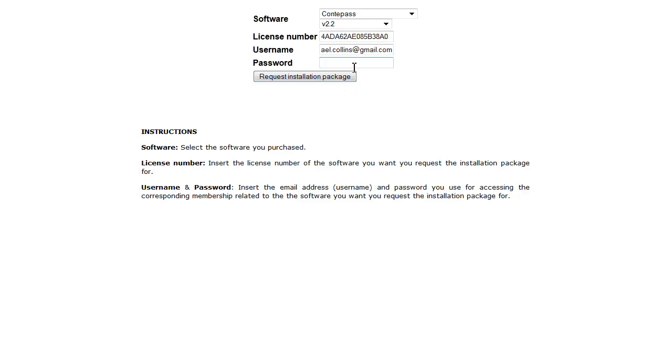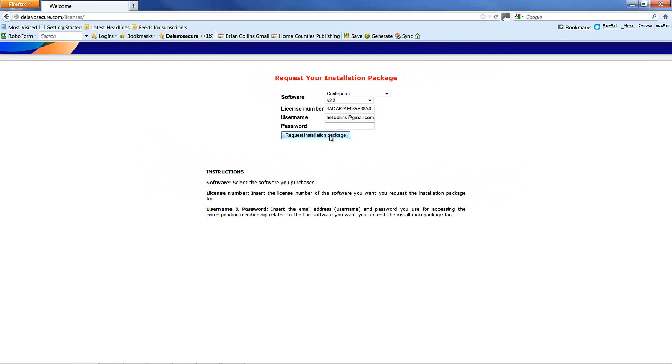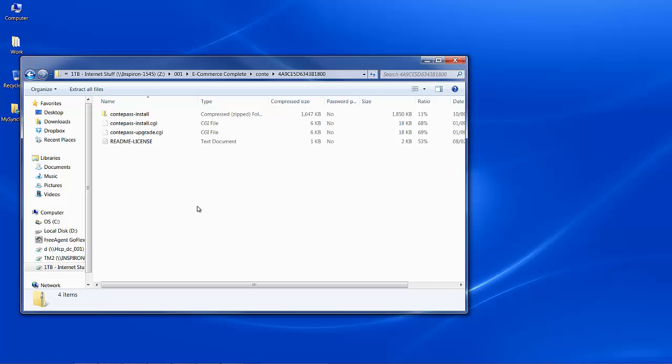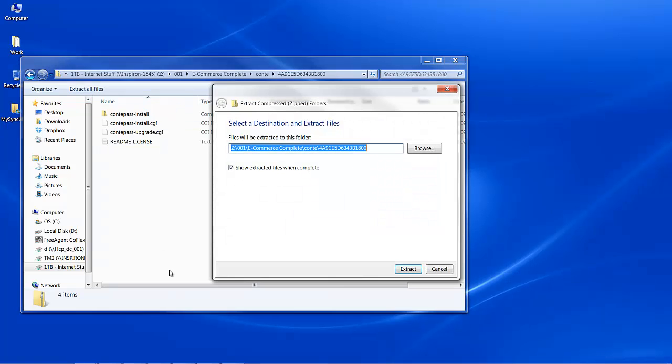You would enter your password here. Once you click on request installation package, it will take between 2 and 5 minutes to prepare your licensed package, ready for download. Once you've downloaded your licensed copy of Contepass and saved it in a folder, you could use your desktop, it doesn't really matter. You would double click on the zip file, extract all files,